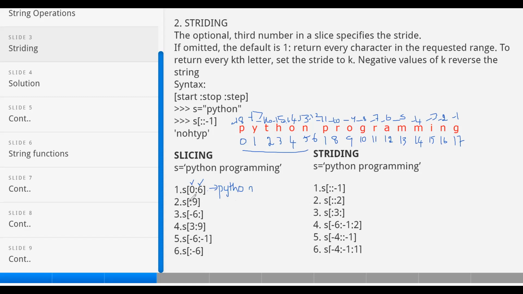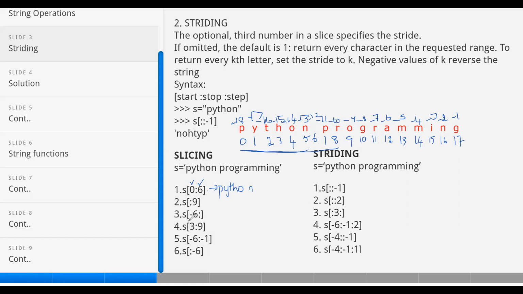Here the starting index is empty, so it will start from 0 and my ending index is 9. So till 8 it will read. My answer will be Python space PR, because the space also has an index value. So it will be Python Pro for the second one.